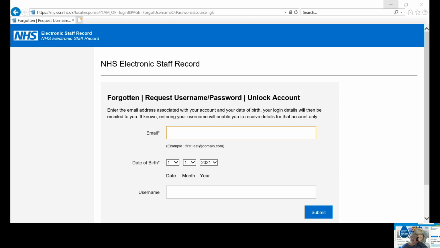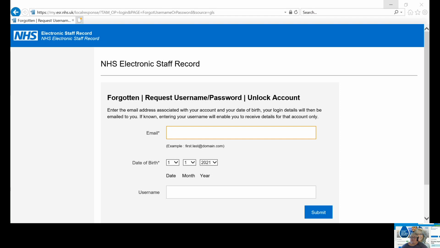So it's not possible for you to reset your login credentials for ESR from home unless you have access to the Trust network and your work emails. For security reasons, we only record Trust email addresses in ESR, and you need to be able to access your emails to receive the password reset link. HR systems are not able to reset passwords on your behalf. Therefore, you would need to go to your nearest Trust site so that you could access a computer and request